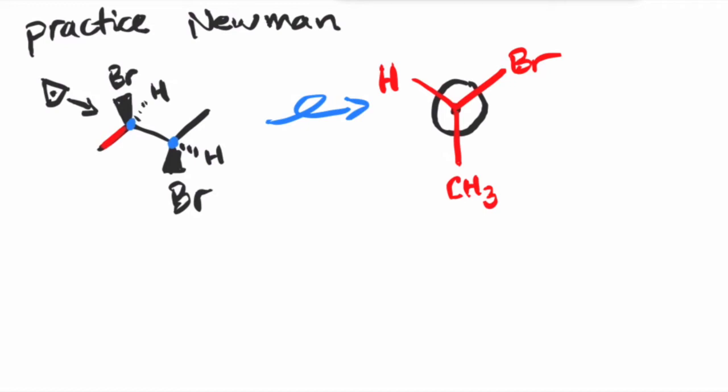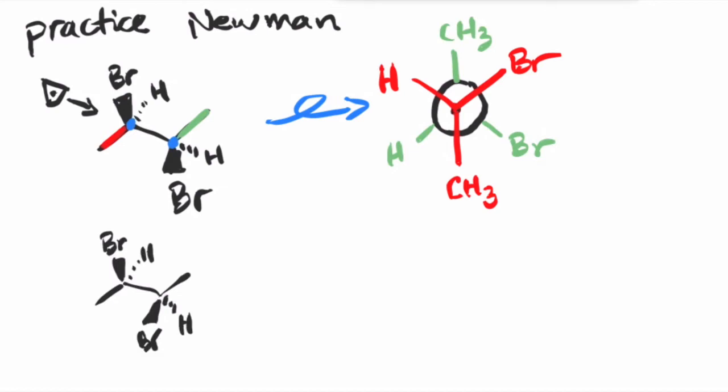Okay, now let's go to the back. So notice in the back, the line structure is pointed up. So I'm going to draw it also straight up. And then the bromine, if I stare at it, is coming out again as a wedge. So it is going to be coming out at this angle to the right. And then for hydrogen is going out at this angle to the left. Again, we are going to have that 120 degrees distance apart between those 3 groups.